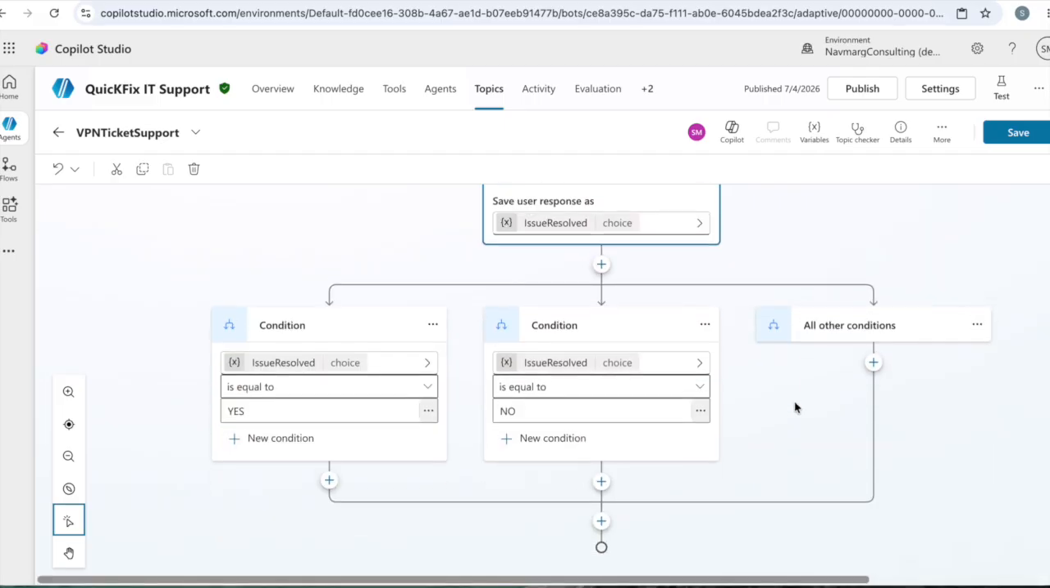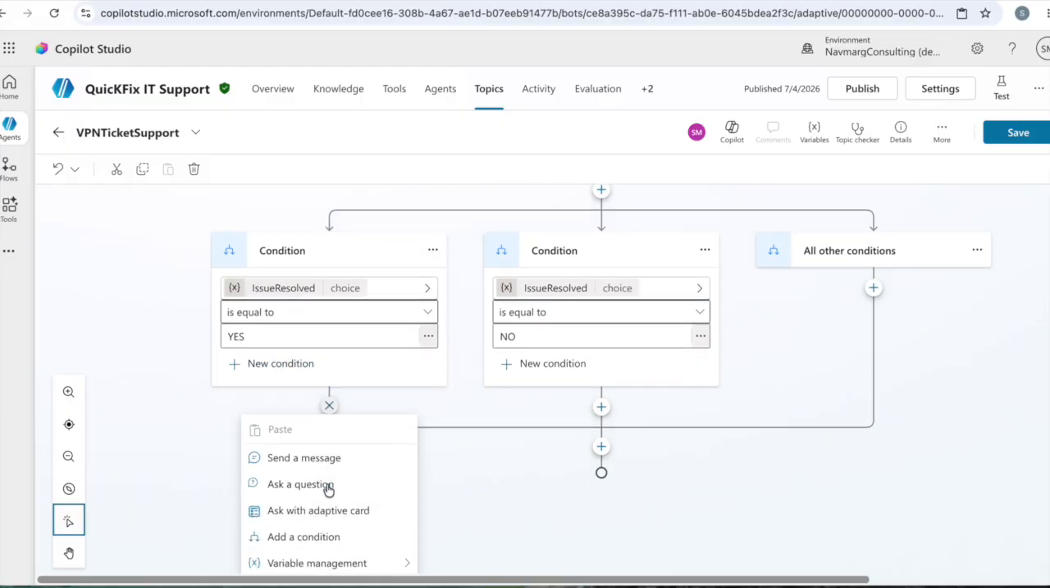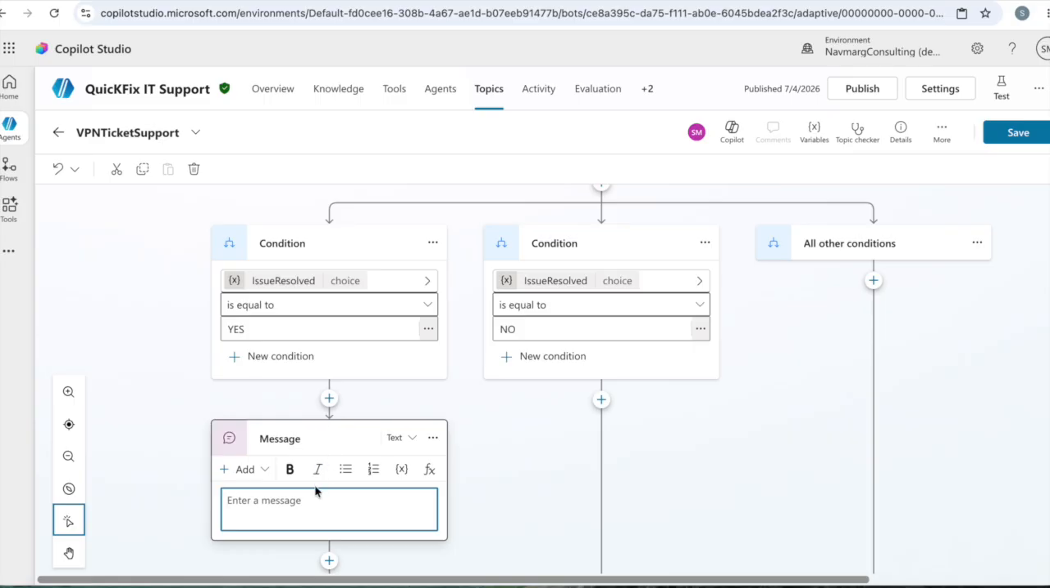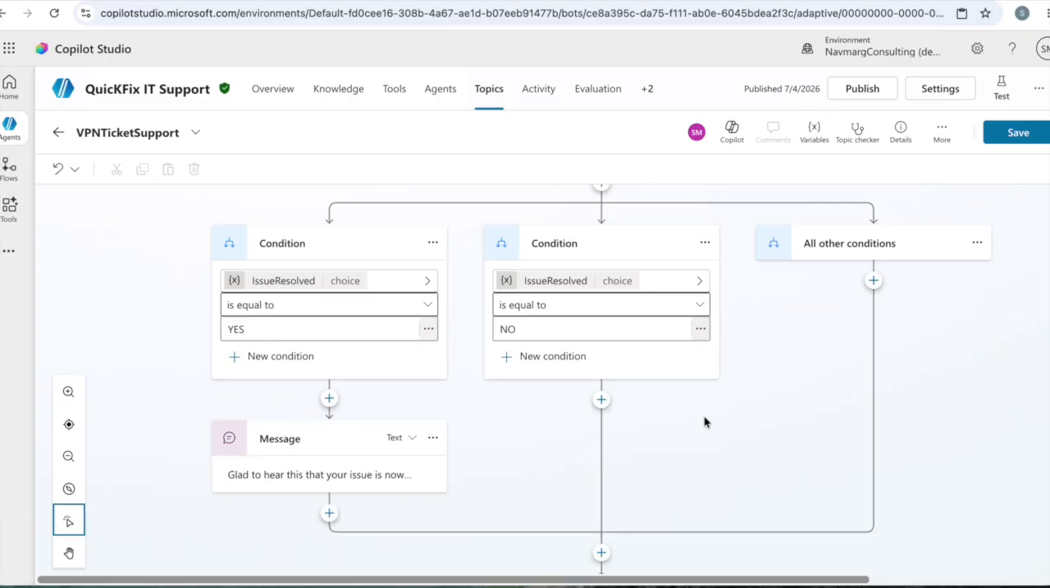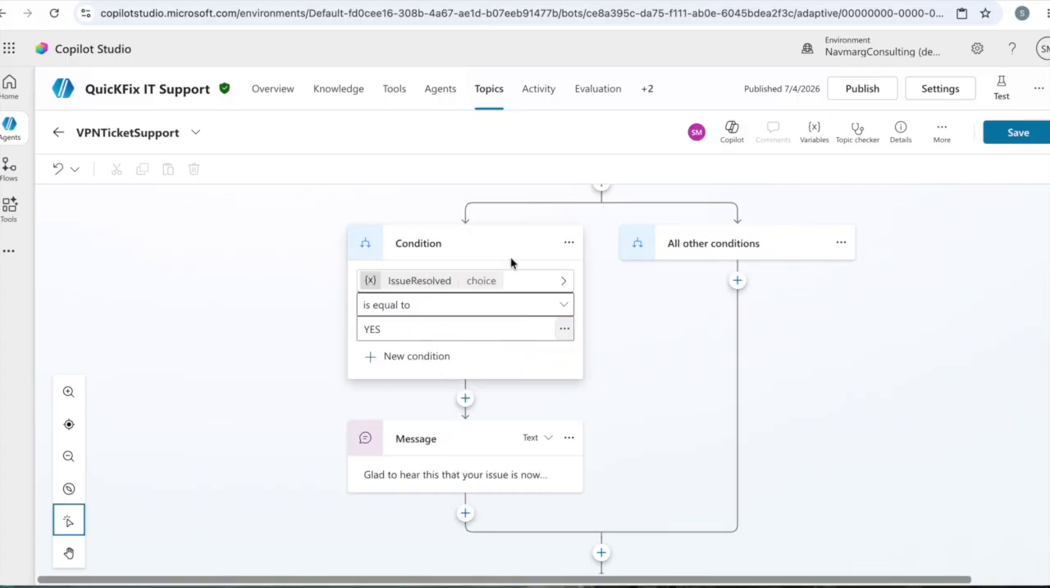Okay, so if the user says issue resolved and the choice is yes, then we put a message, glad to hear that your issue is now resolved. And if it is not resolved, because there are only two options, yes or no, we don't need this no. Basically we can delete this condition, and for any other condition apart from yes, we will type a message,